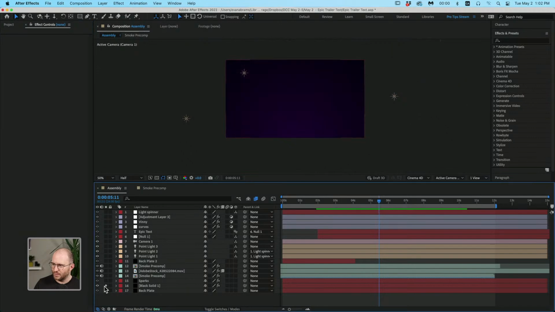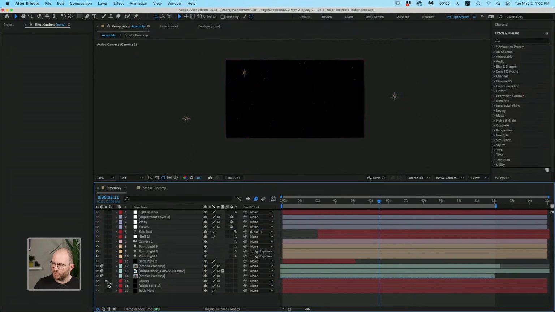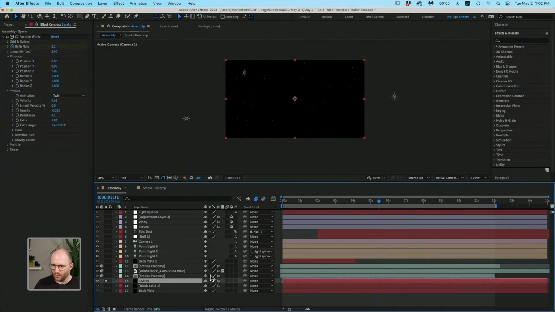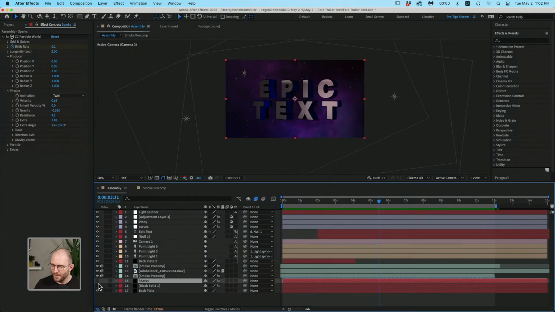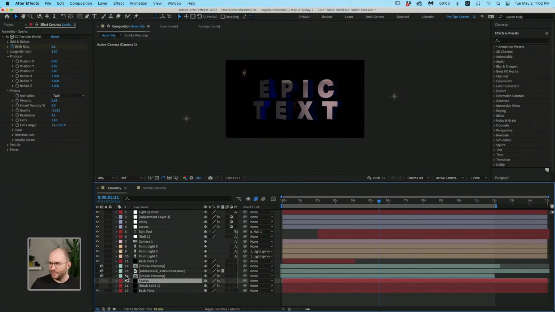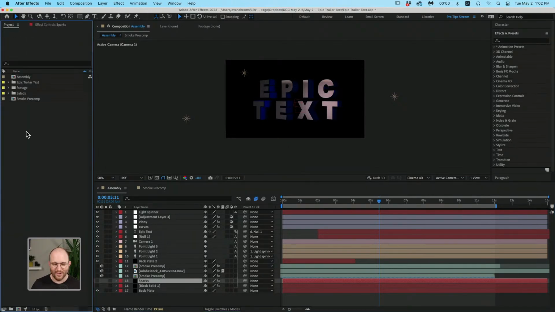So if we look at this simple little gradient, we've got some sparks that are being made with the CC Particle World. So we might not touch that too much. It's a little bit of a deep system to get into. But if we start stripping away a lot of these elements, and then maybe we take away all of these footage elements back here, you see that we get down to the core of it, and it's a few lights and a little bit of text. So we might as well make it from scratch, and I'll show you how we start to put this kind